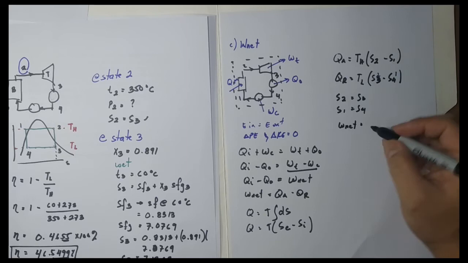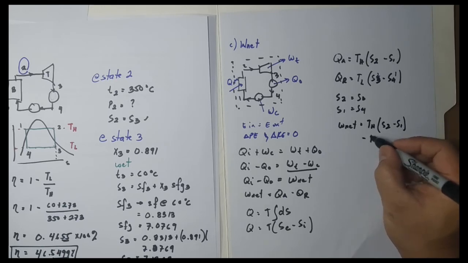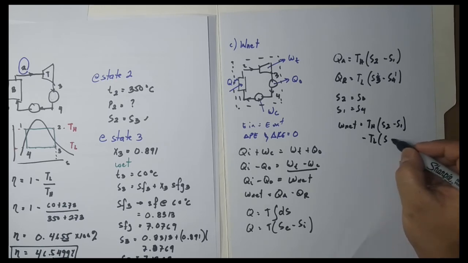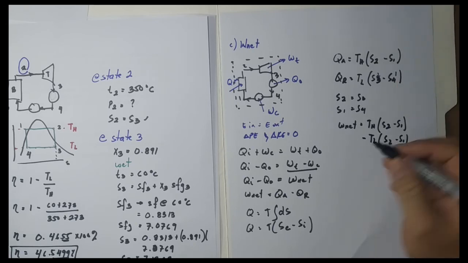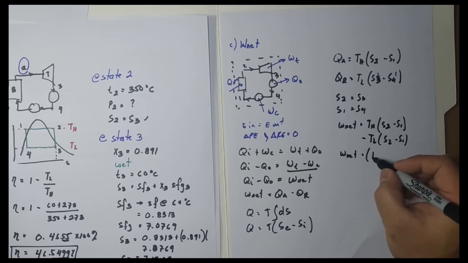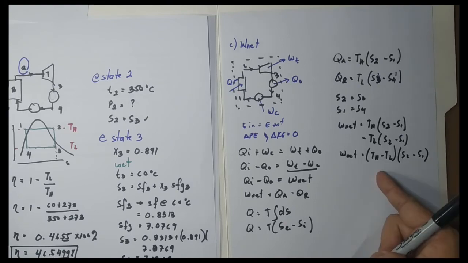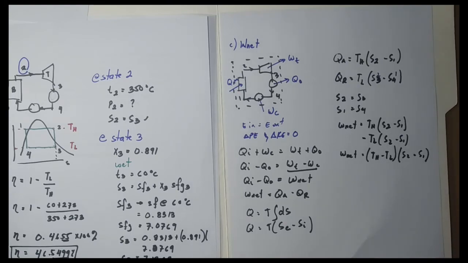is QA, T high, S2 minus S1 minus T low, S2 minus S1. Yan yun. So, work net now is T high minus T low multiplied by S2 minus S1. Ito, kung papansinin mo,